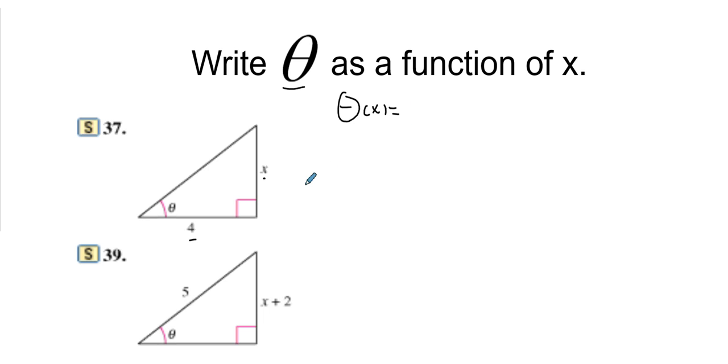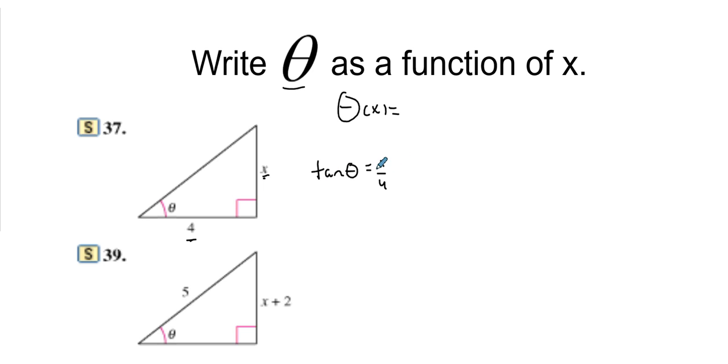To start this off, let's just look at our trig function. We have an angle, which is opposite x and adjacent 4. So that would be tangent. So we take tangent of the angle, and that would equal x over 4. Now, this would be the function, and if we multiply it on the other side, we have the function in